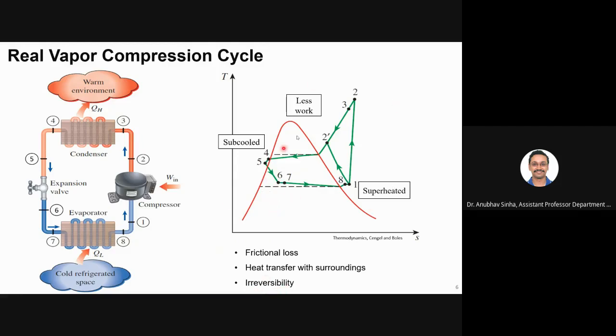So because of that, sometimes it will become subcooled or superheated, and the refrigeration is actually not correct. So work done is actually more, or the refrigeration effect will be less, as compared to the ideal cycle. Okay. So anyway, mostly we'll look into numericals for the ideal cycle, and if there is some deviation, that we will quantify.